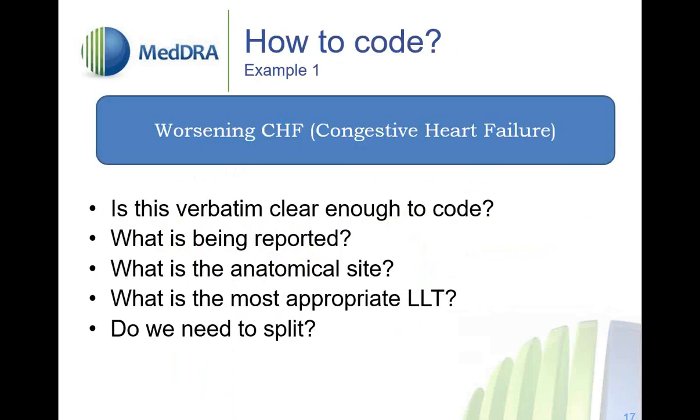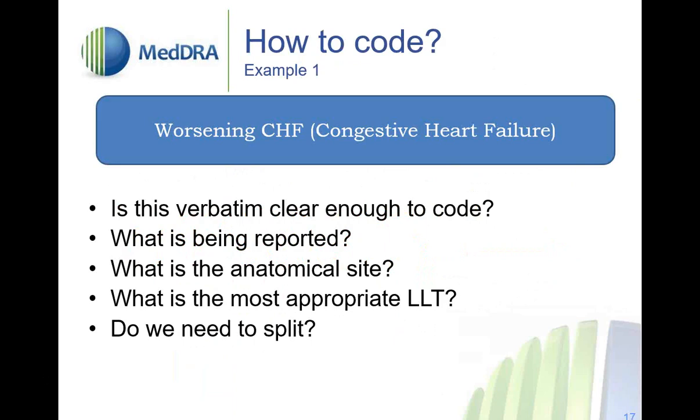Okay, so let's get started, everyone. We're ready to focus and going to start on our first coding example for the day. Here in the blue box at the top, you see the example verbatim string. Let's say you encounter this at your job function: worsening CHF. And of course, they've spelled out in parentheses what they mean by CHF, congestive heart failure. So if I were to encounter this particular verbatim string, how would I approach it?